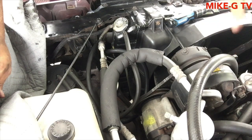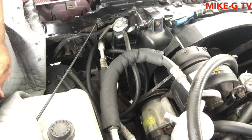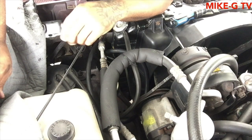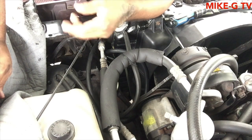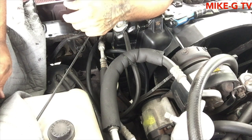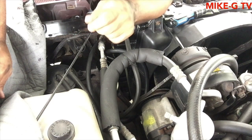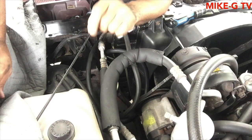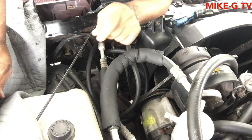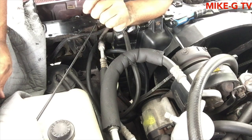The mounting in the back of the engine to put the transmission to the engine, they go Buick, Oldsmobile, and Pontiac. They all have the same bolt pattern to put the transmission to the engine. Chevy has a different bolt pattern. So if I buy a transmission for this car, when I change the engine, the transmission that I'm about to buy is not going to fit on the Chevy, so I'm going to have to buy another transmission. I really don't want to do that. That's why I'm just going to